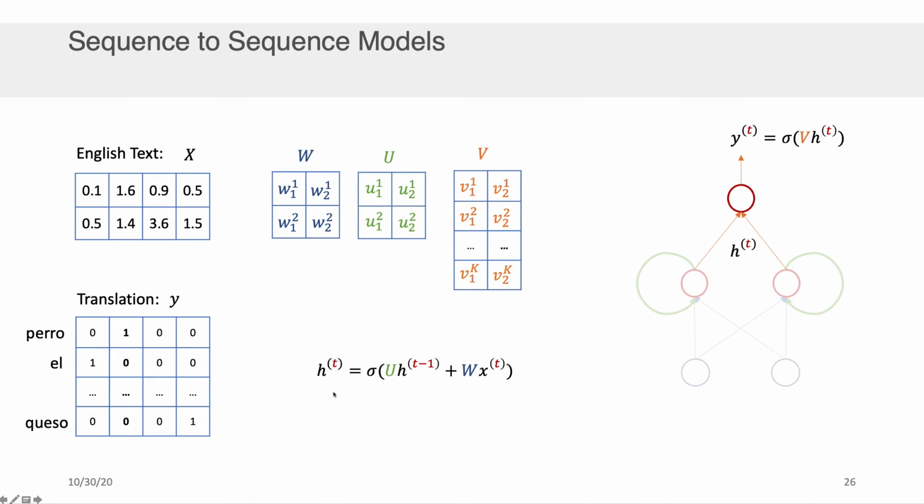Okay, and we can generalize this so that we say h of t is actually equal to a sigmoid of U times h at t minus 1 plus W times x at t. So that we have the final equation that defines a vector of the hidden states here